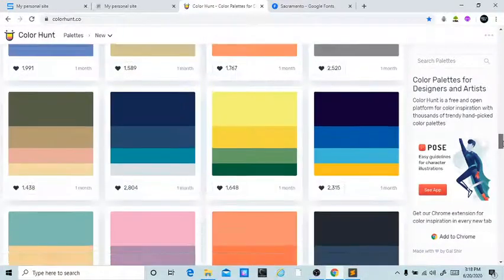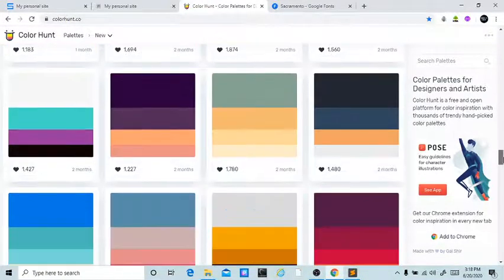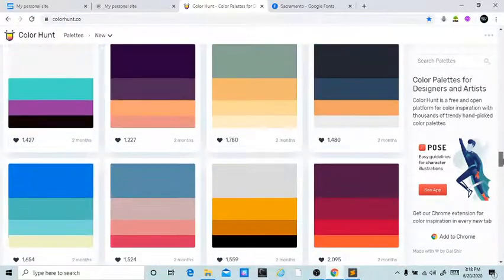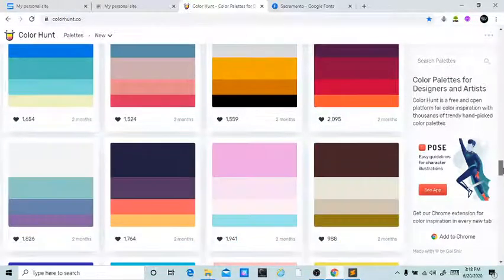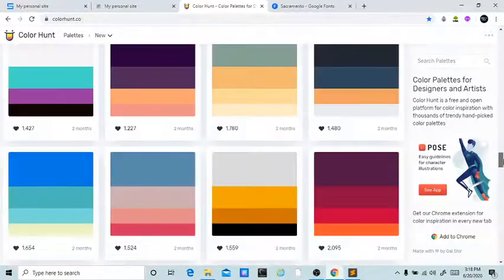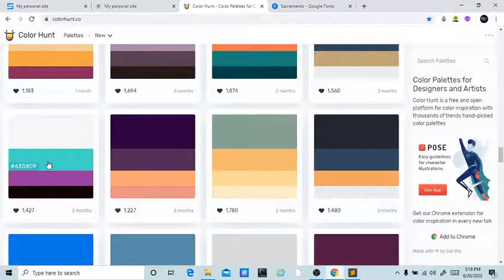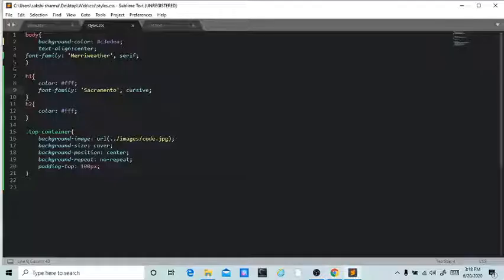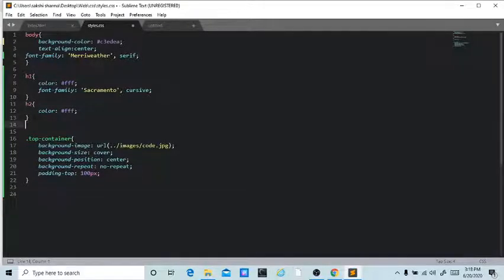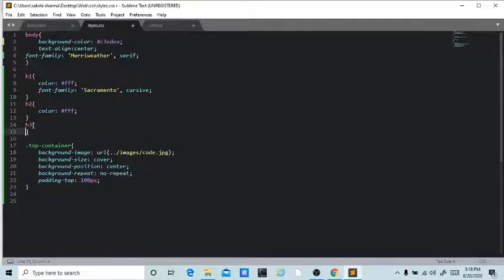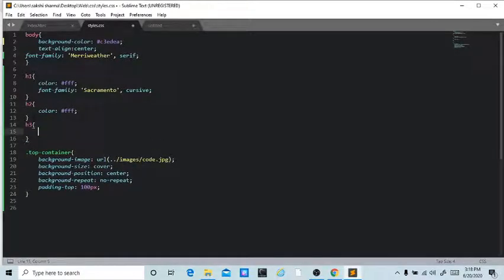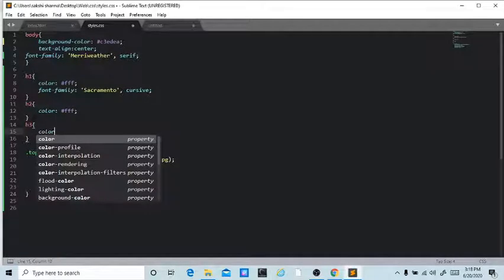So let's look for some color which will be visible in our website. Let's say this color. Let's copy this and paste into our style sheet. H3, color, paste.